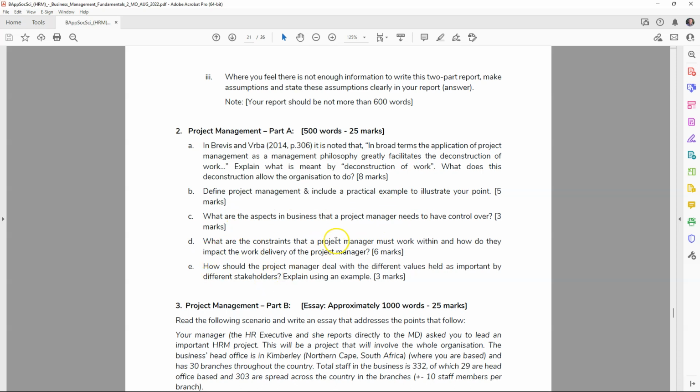Project constraints is a familiar concept, and it's set out in the textbook and also in material in various sessions on the MySACAP. All of this is somewhere in those PowerPoint slides and so on, and also in the textbook. Also here, very specific in the textbook, are examples around the different values held as important by different stakeholders.